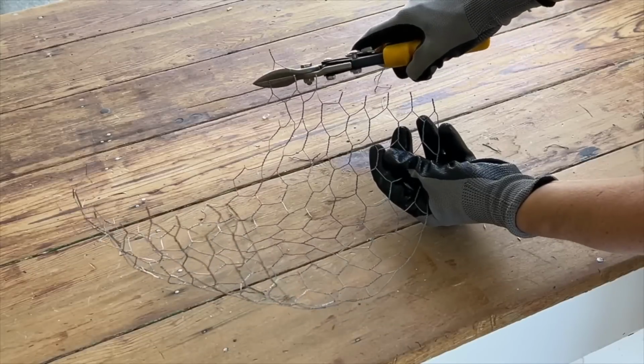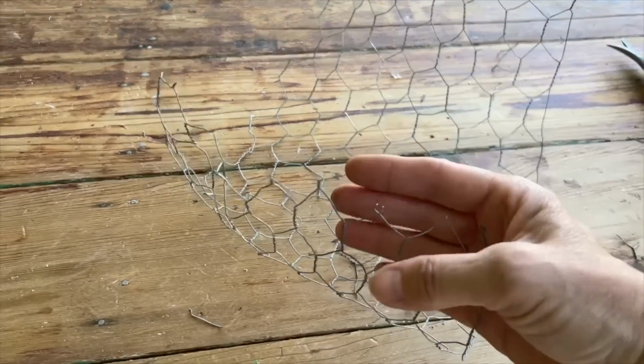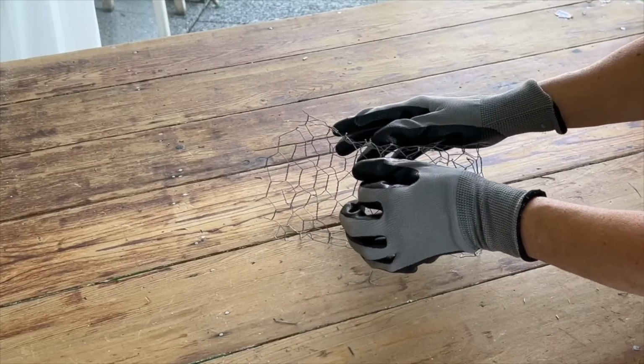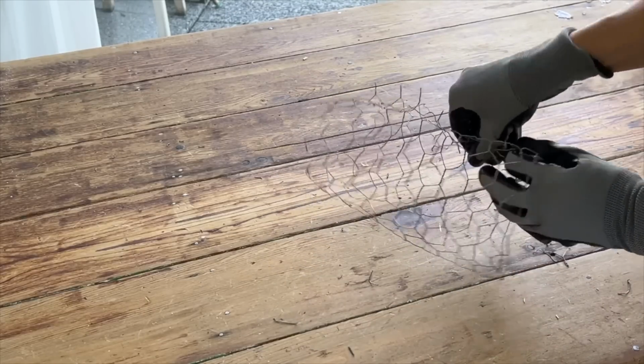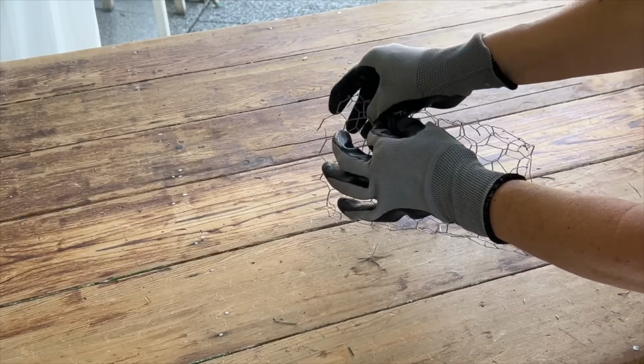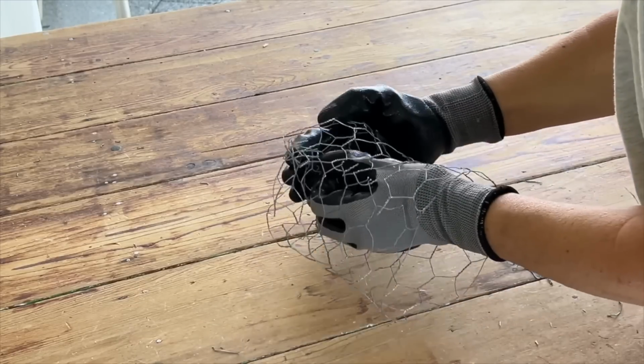Now I'm creating a way to join 2 ends. I'm snipping off one side with some wires sticking out and the other side with the hexagon shapes closed. Next, I'm joining the 2 ends together by twisting the longer wires to the closed hexagons until I create a closed tube shape. Using both hands, I'm closing one end of the tube by squishing the wire together, then inserting